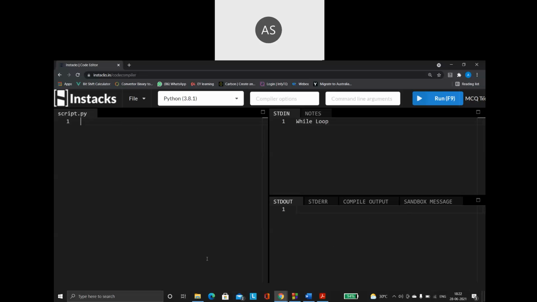So I told you that every while loop that you are creating, you remember, we are having three parts of the while loop. So we are having an initial value, we are having a condition, and of course we are having the increment or the decrement part. So every while loop should have these three conditions is what we saw in the previous session.